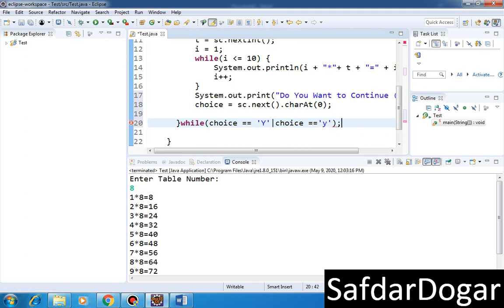Because if the user enters capital Y or small y, the program restarts, the prompt comes here, enter a table number. If the user presses any other key, the program terminates here.